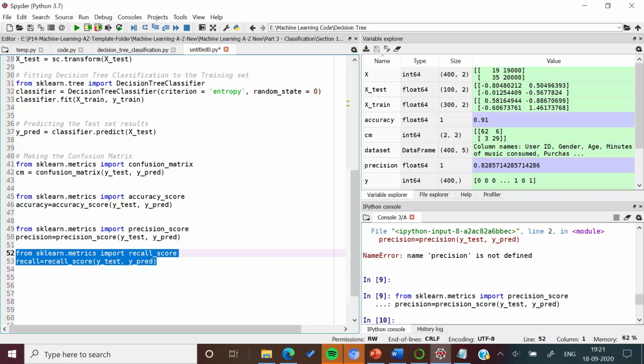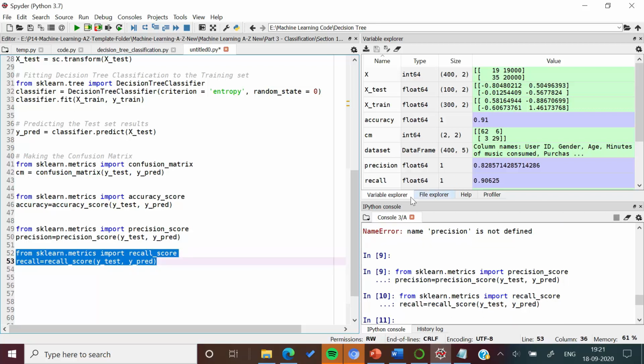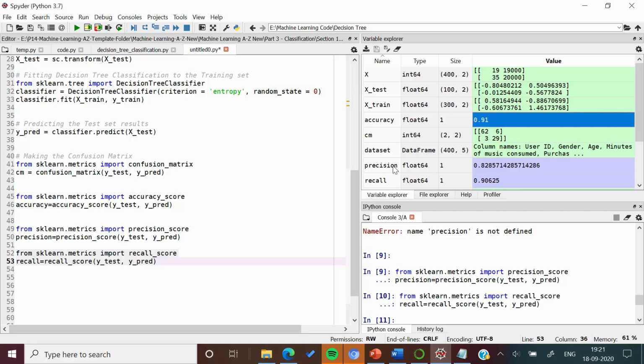Let us execute these statements to calculate the value of recall. So you can see the value of recall is 0.90625. So we have obtained accuracy as 0.91, precision as 0.8285 and recall as 0.90625. These are the same values which we have calculated in our previous session.